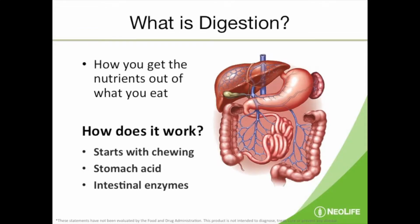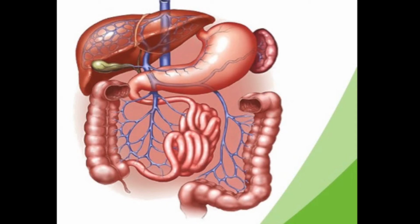There are some enzymes that are acid-based enzymes that the body secretes that start breaking down the food in the stomach. Okay, after that, because of the muscular motion of the different muscles in your digestive system, the food is pushed from the stomach in about 1.5 to 2 hours, and then it goes from here into your small intestine. The moment it enters the small intestine, there's a trigger there that tells your liver to